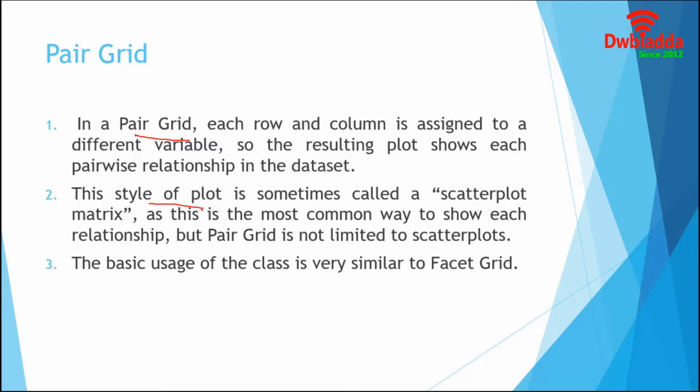It is important to understand the difference between a facet grid and a pair grid. In facet grid, each facet shows the same relationship conditioned on different levels of other variables. On the other hand, in pair grid, each plot shows a different relationship. Both of them work the same way. First we initialize the grid, then pass a plotting function to a map method, and it will be called on each subplot. In the next section, we are going to focus on pair grid methods.